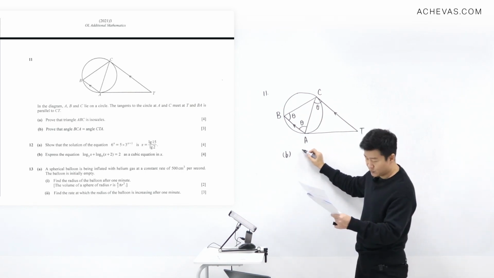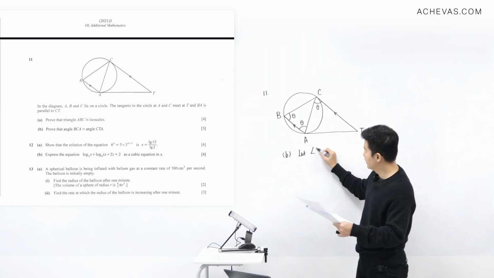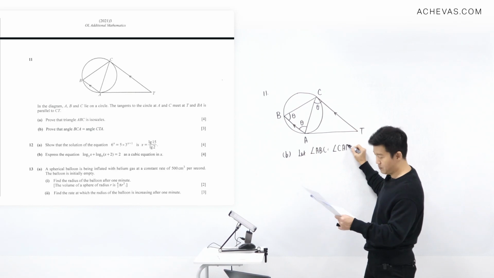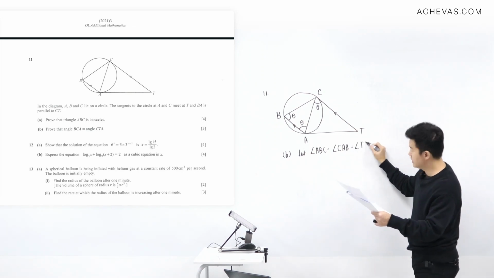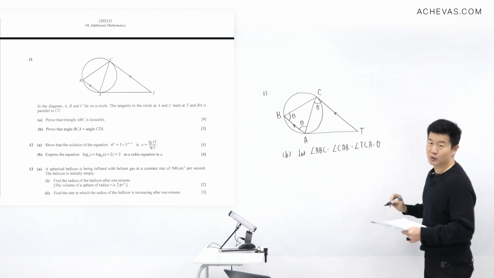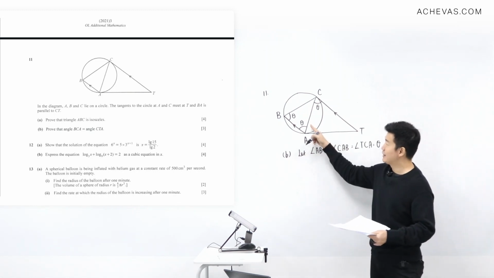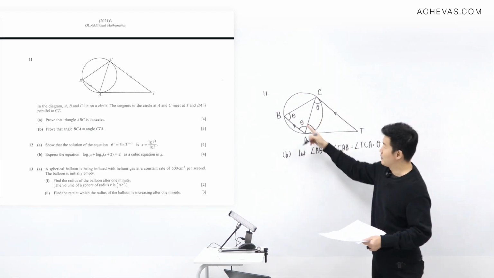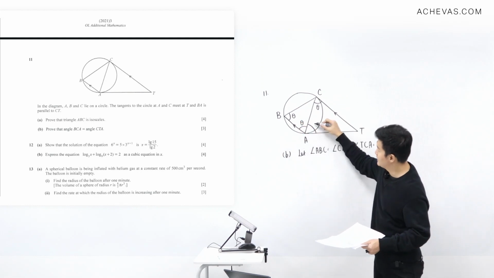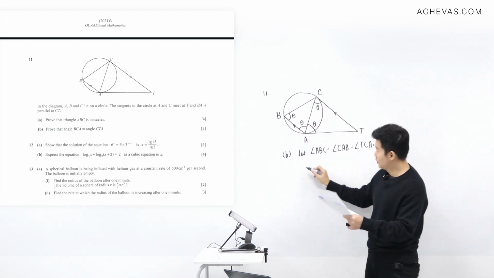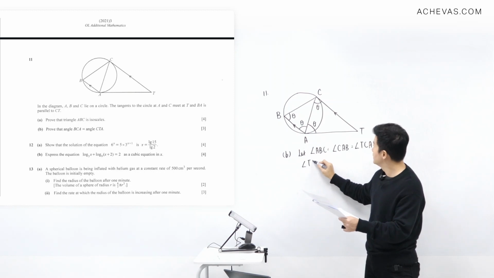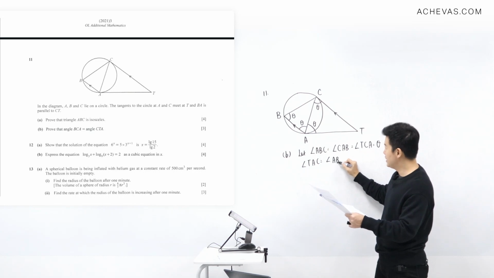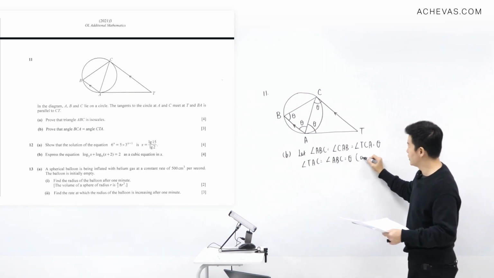Let me write it down in my solution. So I'm going to let angle ABC be equal to angle CAB, which is also angle TCA. I'm going to let this be equal to theta. And can you see that this angle here will also be theta, right? Because we are making use of alternate segment theorem. So this angle here is also going to be theta. So this angle here, which is angle TAC, will be equal to this angle, which is angle ABC. So this is also theta because of the alternate